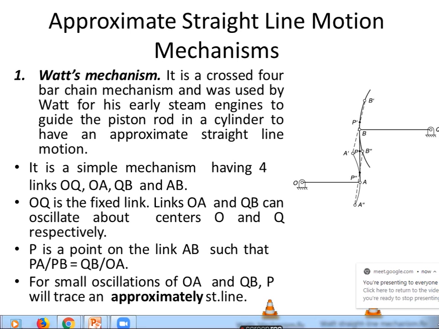Yes, sir, clear. Okay, so just observe the figure now. The connection is very simple. The mechanism is from having 4 links, that is here. In this manner the 4 links are connected, that is having name OQ. Okay, so OQ, OA, QB and AB can be seen in this link, and OQ is the